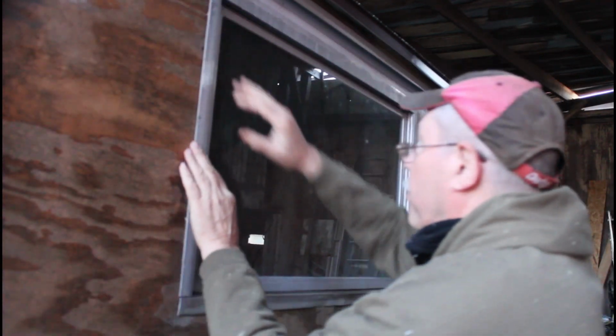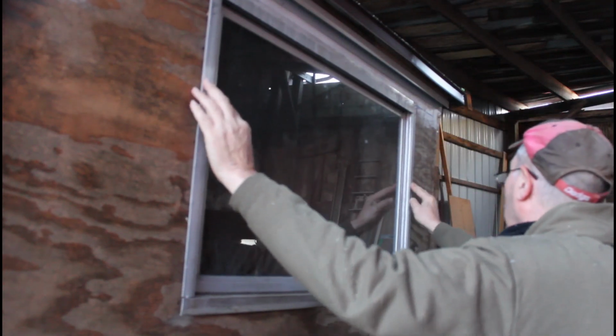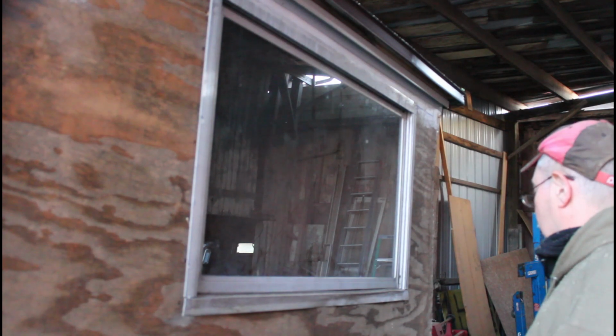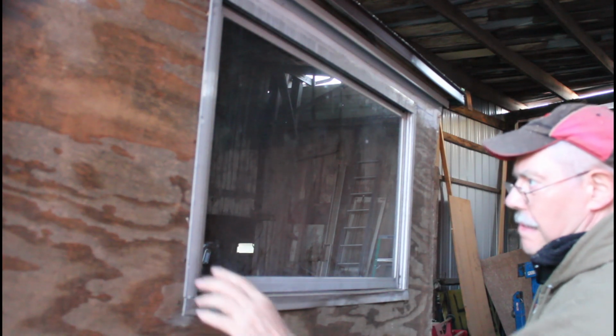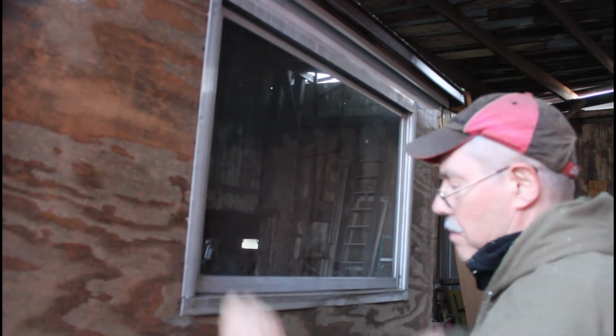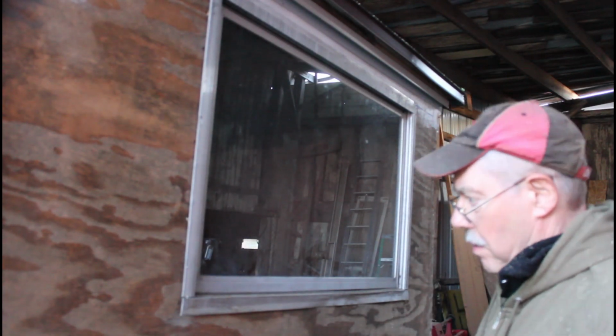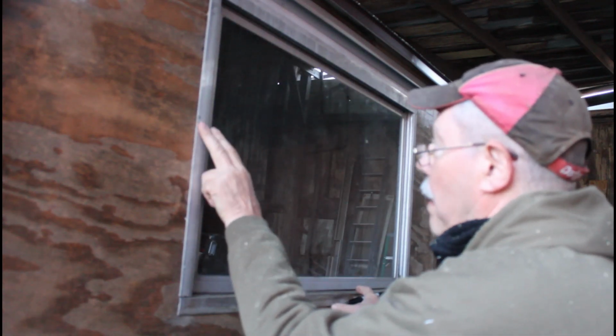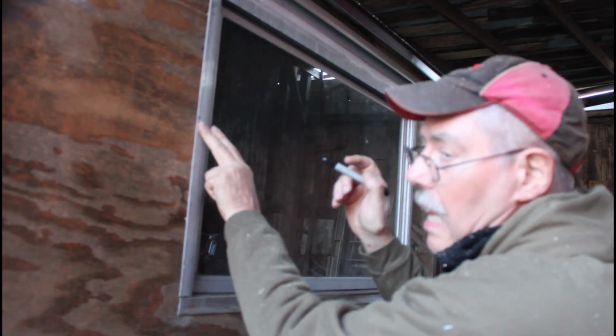Fits like a glove. That's because I planned it that way. Alright, now I'm going to caulk behind this. The best thing to do is put it in there. And by the way, these are old technology